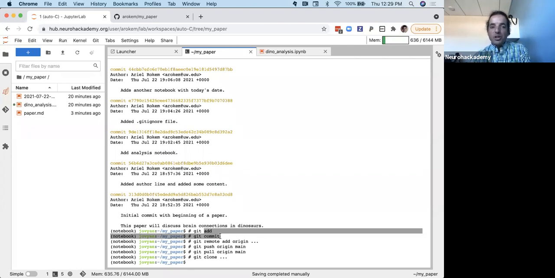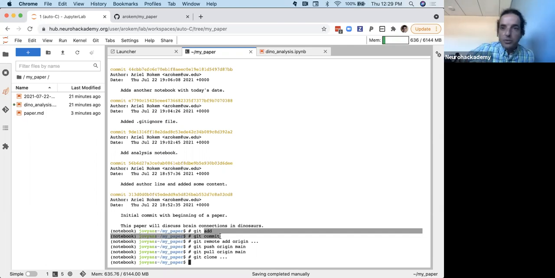A final word about Git and GitHub is that it takes a little time to wrap your head around them if you're just getting started. For me, it took a few months until I felt really comfortable using this tool, and now it's an indispensable part of my toolbox, especially in collaborating with others. And I should say, as you work with it, you'll expand the kinds of workflows that you can use